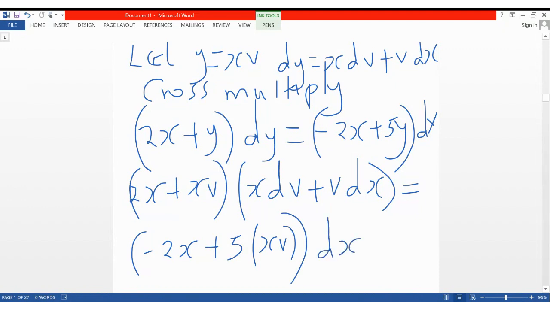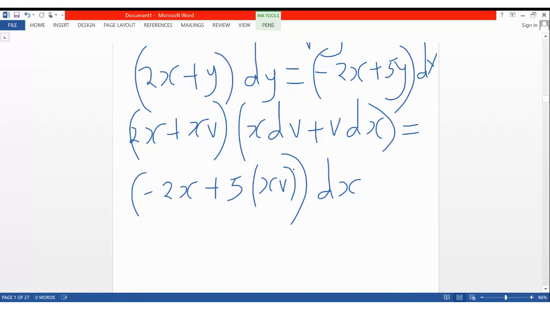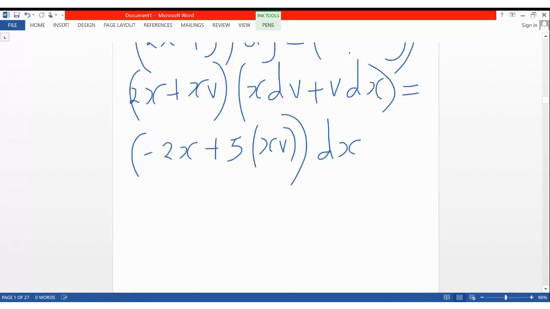So I'll open up the bracket for the first one here. I'll multiply 2x, this one with the whole of that one, and again this one with the whole of that one, for me to be able to get it. So when you multiply that one, you are getting what? 2x squared